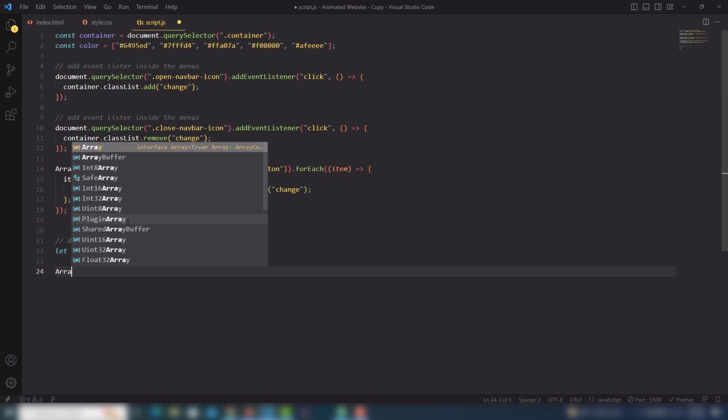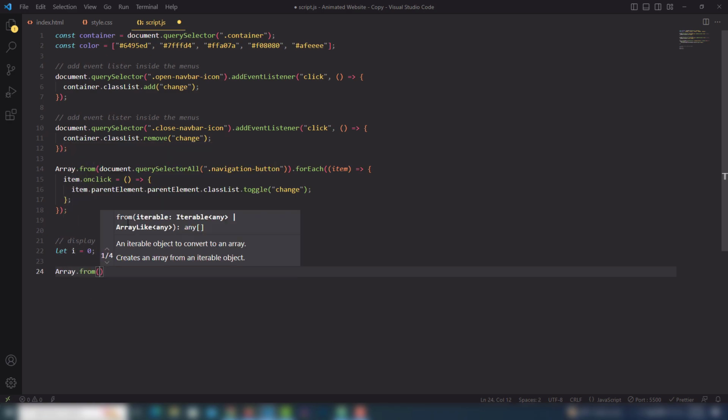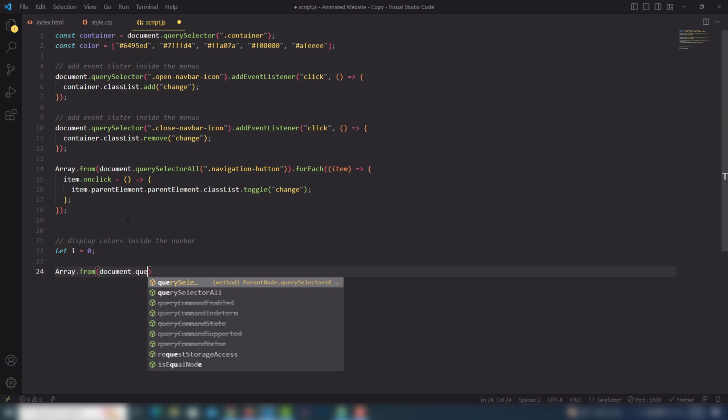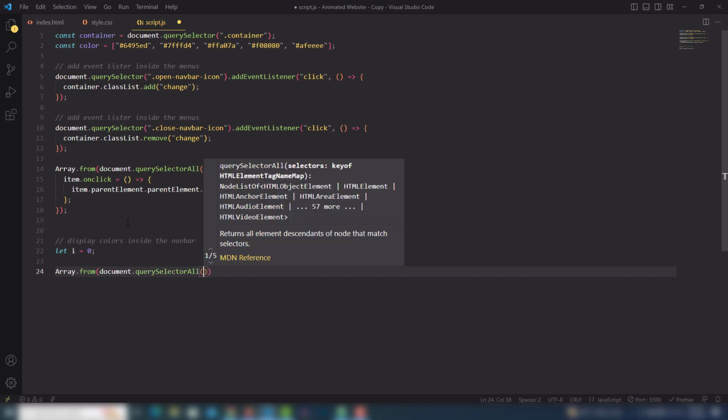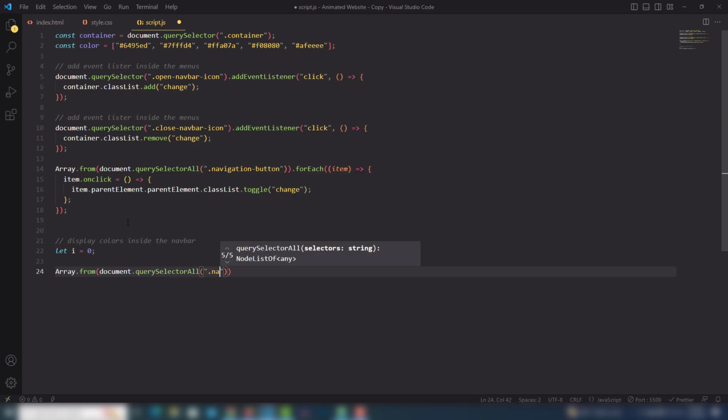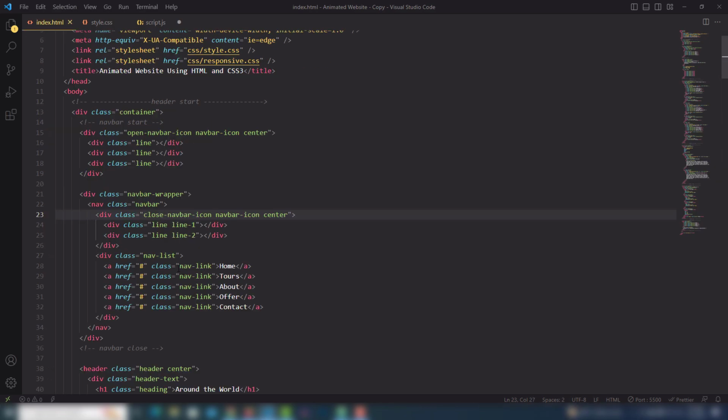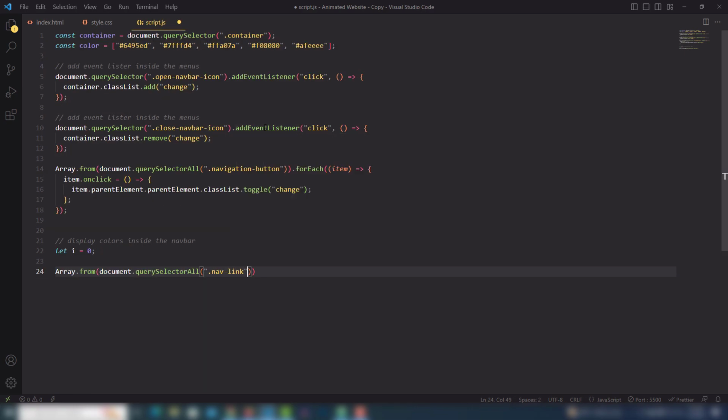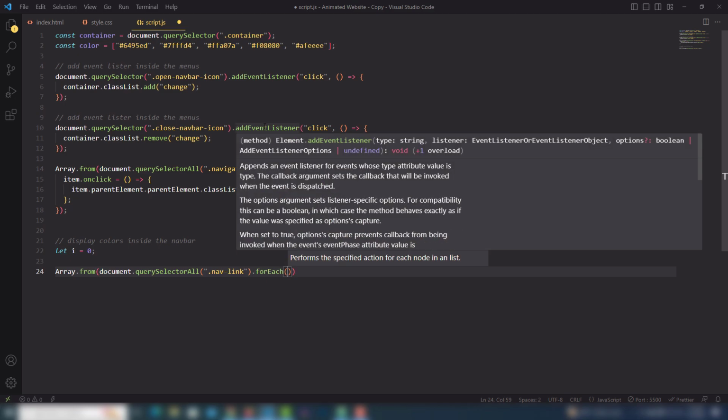Then I'm going to use the same method, Array.from, and I'm going to use document.querySelectorAll with parentheses and double quotation marks, and this time I'm going to select the nav links, like those nav links. So nav link, then I need to use .forEach with parentheses, and we need to pass the